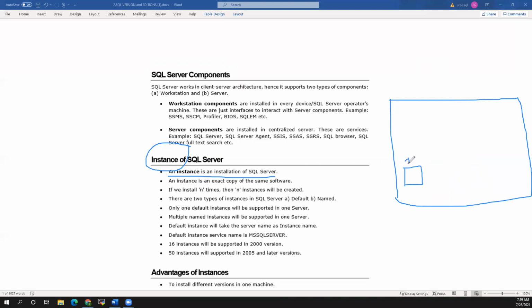In this one instance, you will have databases, separate logins, and separate jobs.